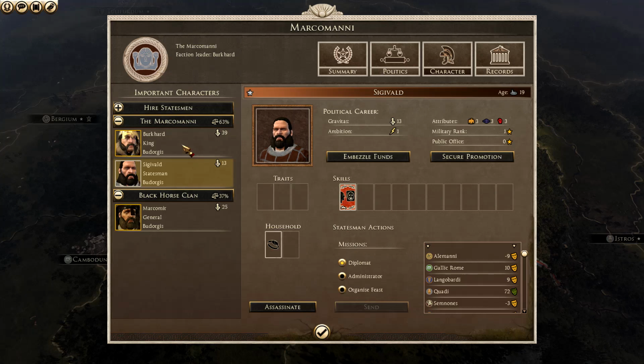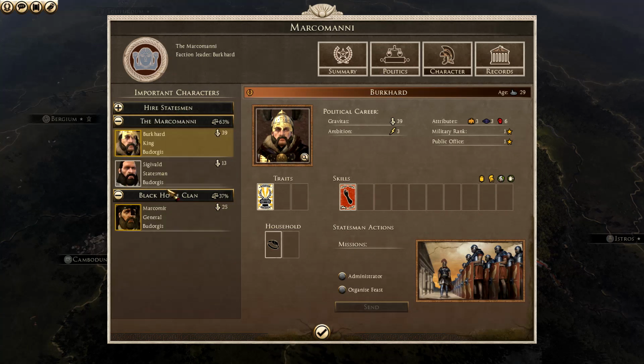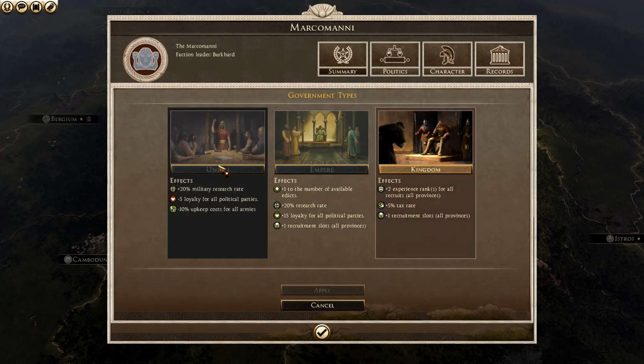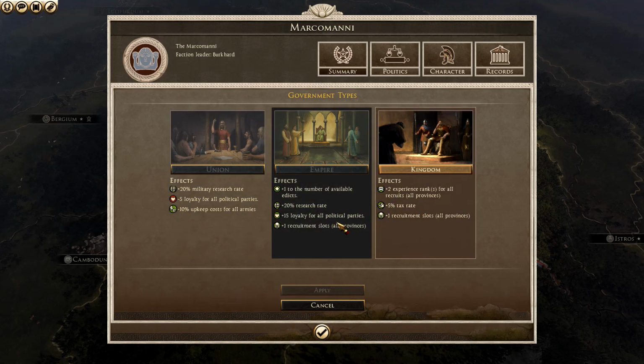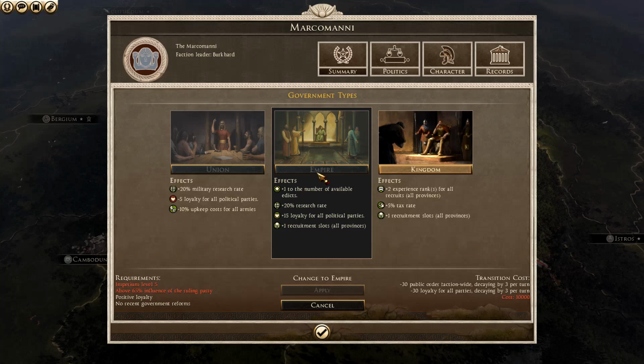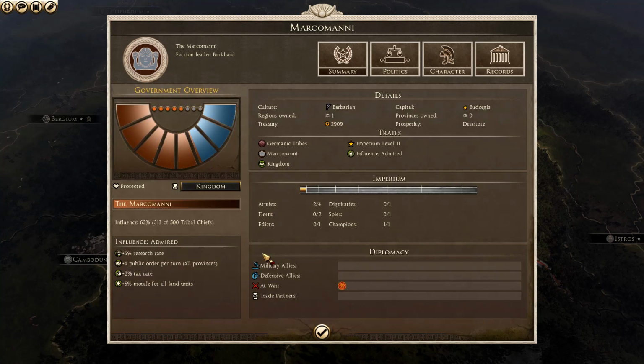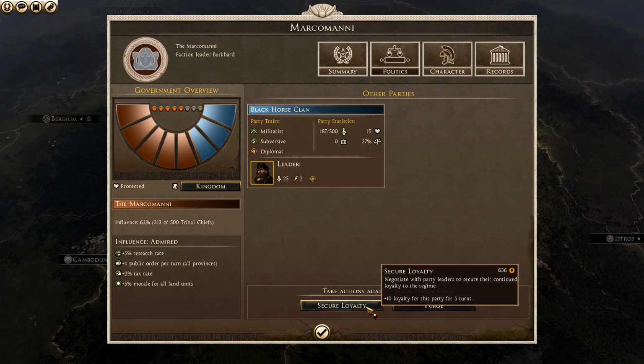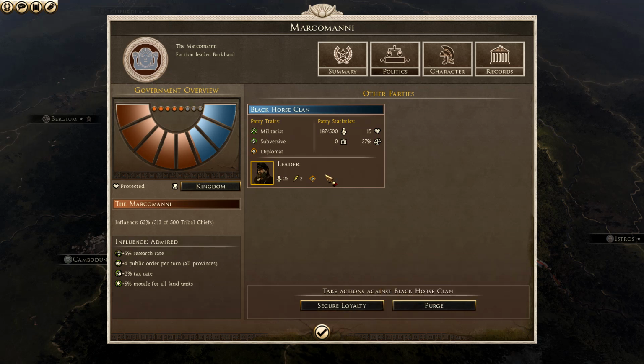Alright. Whatever. The thing has been changed a little bit. Inner policies or whatever. Now choose how you want to govern. It could be a kingdom, empire, or a union. I think we'll just stick with kingdom? We might switch to an empire at one point, because it sounds good. Among other reasons, it sounds really, really good. Can get loyalty from these guys, but they are fairly loyal, so...